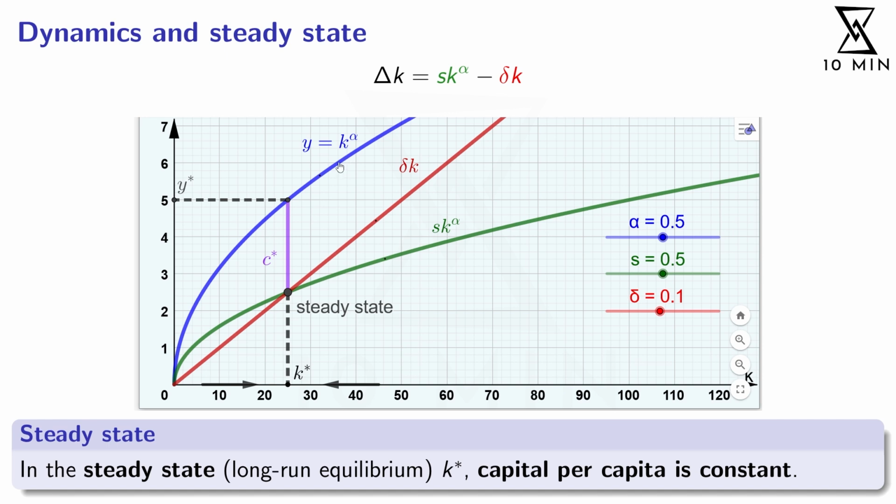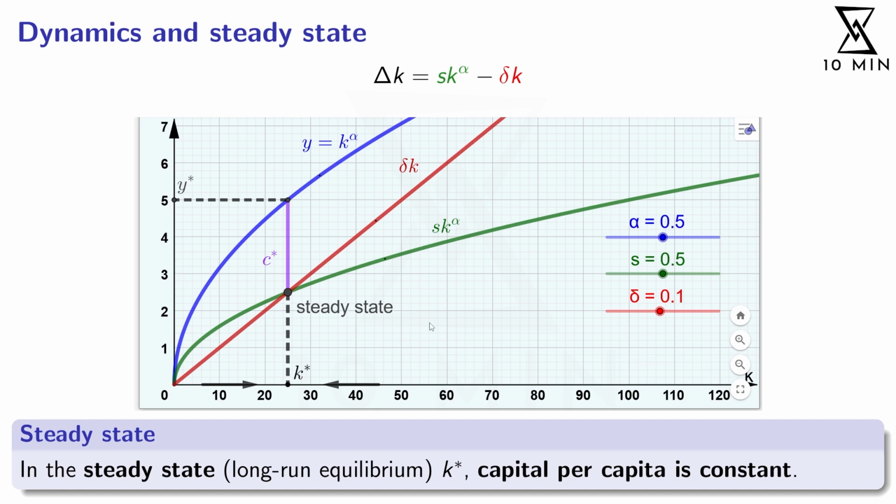So even though we don't directly need our blue production function to analyze these dynamics of the capital per worker, I still drew it because I know my green savings and investment per capita is simply this blue income per capita multiplied by S. So basically pushed down by the factor S, here by 50%. So for example, here, when for whatever reason my income per person is 6, then my savings and investment per person is exactly half of that, namely 3.